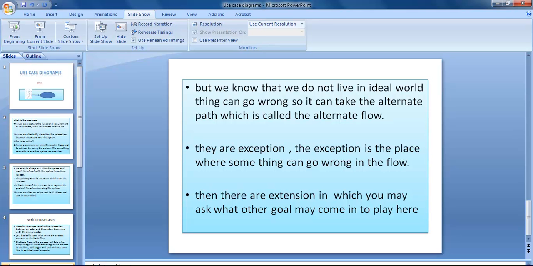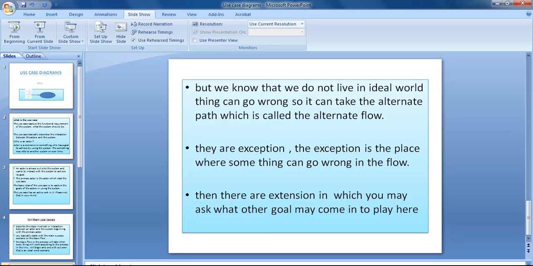But now in this case you have to go to the bank. So you will first go to the bank, and from there you will take another route and go to the office. Instead of going by the normal route to your office, you first took another route to the bank, and from there you went back to the office. That was the alternate flow, reaching the same goal. So this is what an alternative flow is.